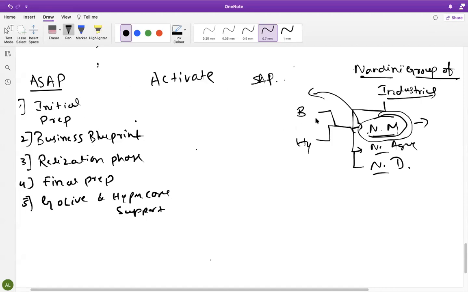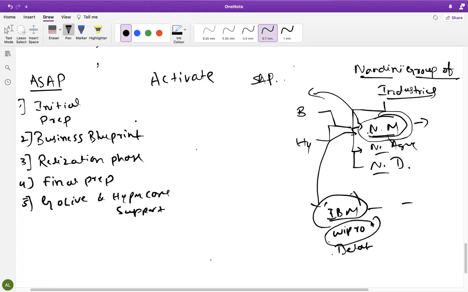So if you want to implement SAP, these people will contact consultants. Let's say they will contact IBM, Wipro, Deloitte, many companies they will approach. These people will give the quotation. IBM people will tell, we have already implemented this for a milk industry, we have already implemented SAP for Amul company, so we know it easily. So they will quote something, and each company will pitch for themselves, like Deloitte will pitch for themselves. So these people will finalize.